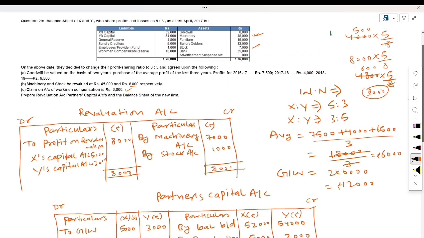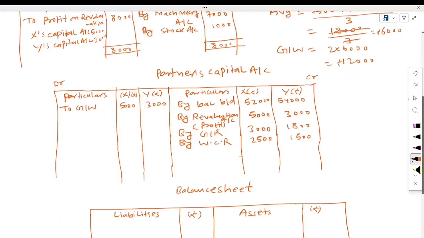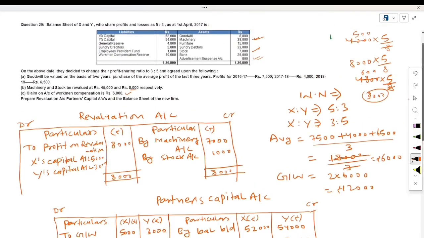Here advertisement suspense balance is also mentioned. This will also be debited from the partner's capital account. We will write here again to advertisement suspense account. How much? 800 is given, it means 500 from X and 300 from Y. Now